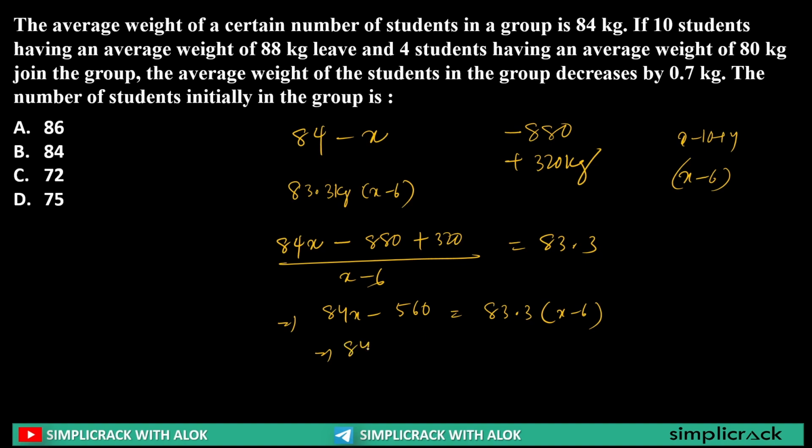So this can be written as 84x minus 83.3x is equal to 6 times 83.3, which is 499.8, plus 560, which is equal to 1059.8, and this will be 0.7x. Clear? So 0.7x is equal to, sorry,